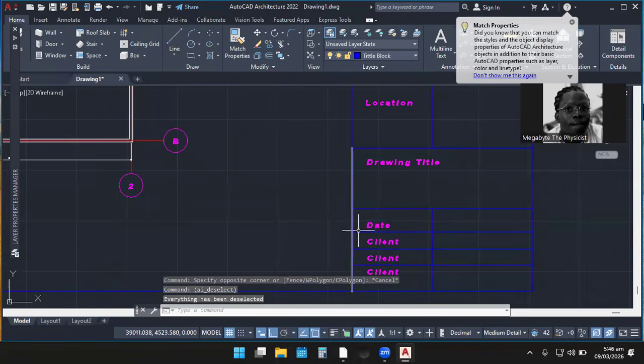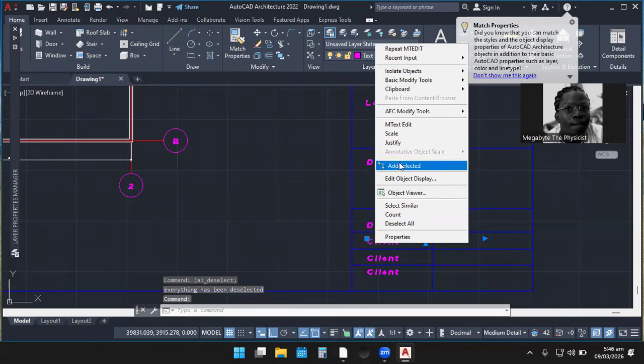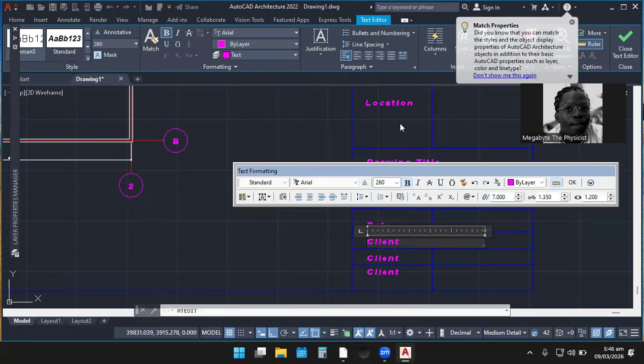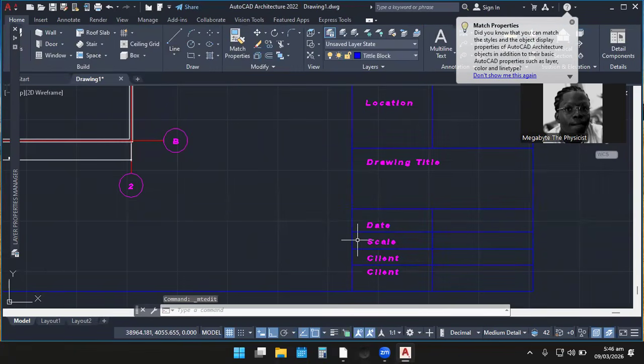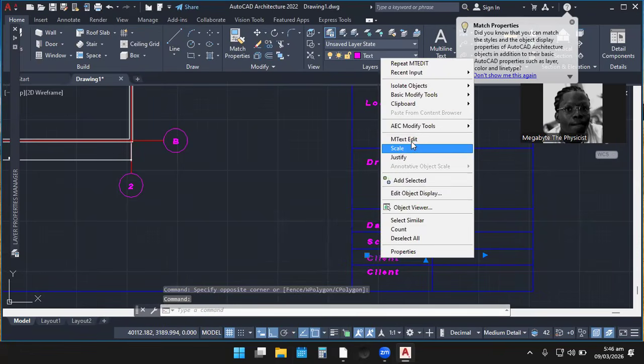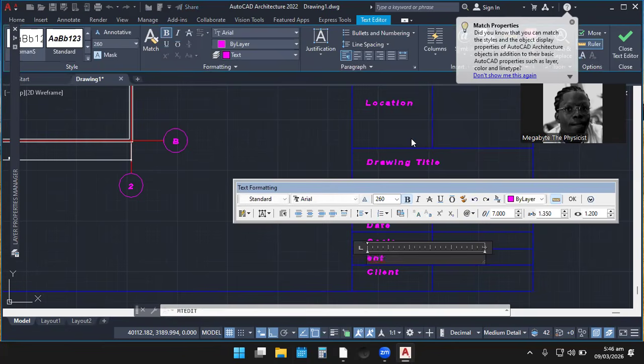I can deselect all, then select this one again, and edit this one alone. So this is it. Scale. So this is the scale, okay. And then we can put our checked over here.